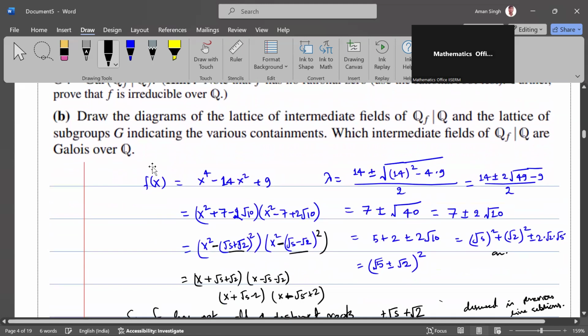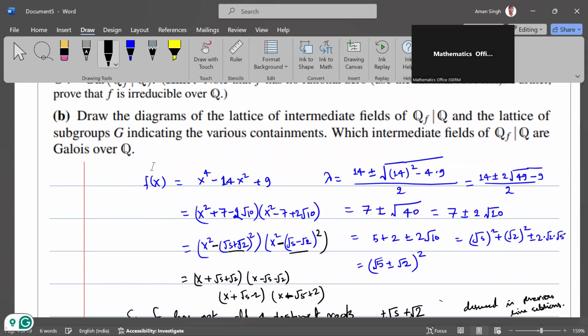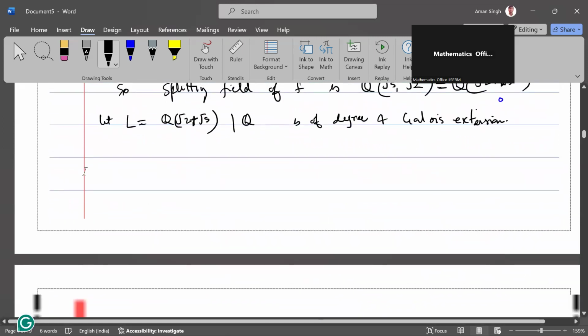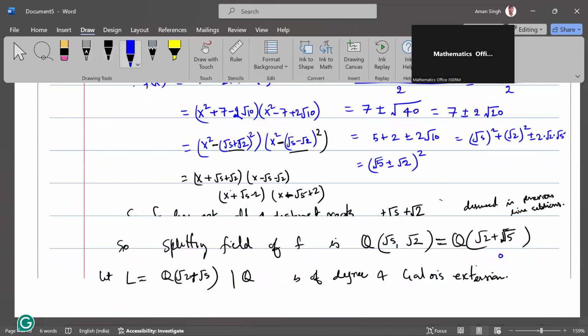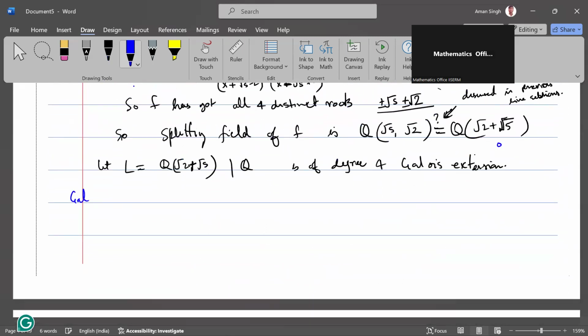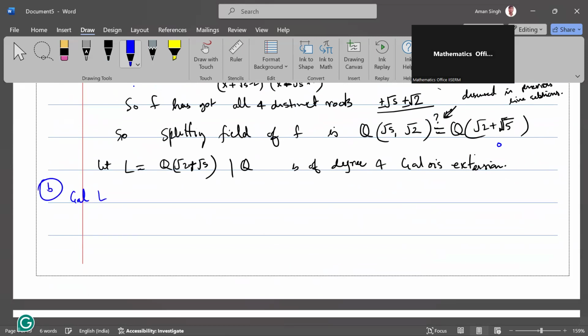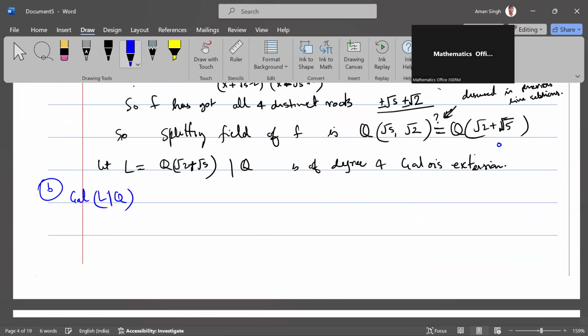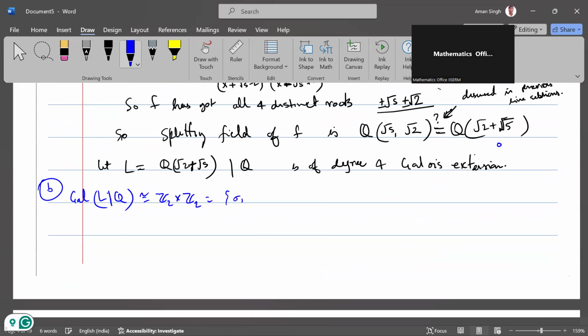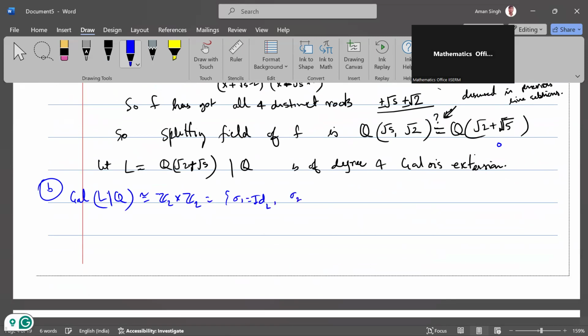Okay, so part B is to draw the diagram of the lattice of intermediate fields, pairs with containment, and say which intermediate fields are Galois over Q. This is also discussed in the last part, but for part B, I can just draw the diagram. The Galois group of L over Q is isomorphic to Z2 cross Z2. This is given by sigma 1, which is the identity of L, sigma 2, which is defined as